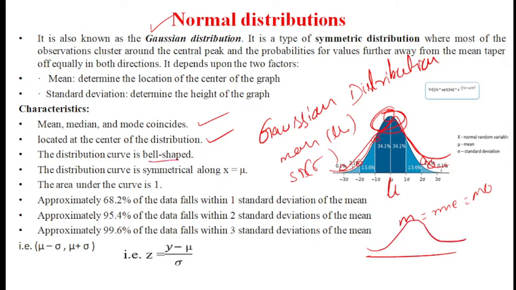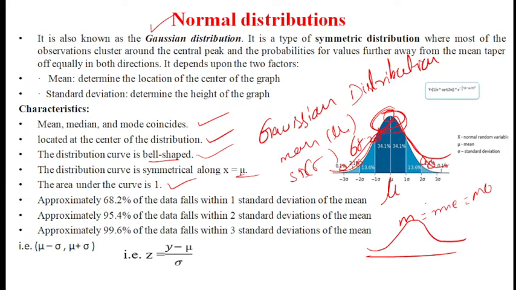The distribution curve is symmetrical along x equal to mu. Mu indicates the location of the center of the graph. The area under the curve is 1. Approximately 68.2% of the data falls within the first standard deviation,